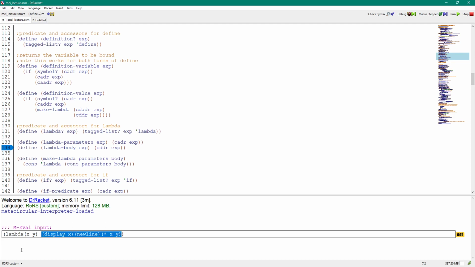So if we ran this through just regular Scheme, ignoring the MCE, once we actually ran this function, so if we said something like apply this to values 1 and 2, what would happen is it would evaluate all 3 of these expressions, right? Now display and new line are side effect expressions. They don't actually have values. They just display things to the terminal. But then times x y should have a value, and the value of the entire lambda should be the value of that last expression, in this case 2. Okay, so to make all of that work,